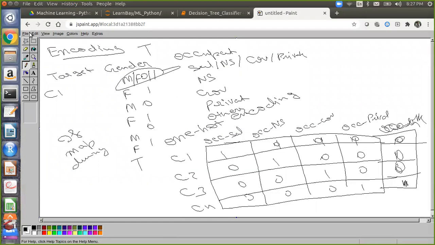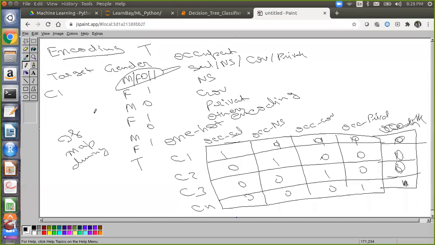Okay, Utkarsh, I have a question. If there are more unique values like 11, 12 unique values, then we will increase the columns, right? So this is the problem with one hot encoding. One hot encoding will eat up your memory. Because you keep on acquiring more and more, it will increase the dimensionality too, right? It will increase the number of dimensions. It will eat up your memory and space.